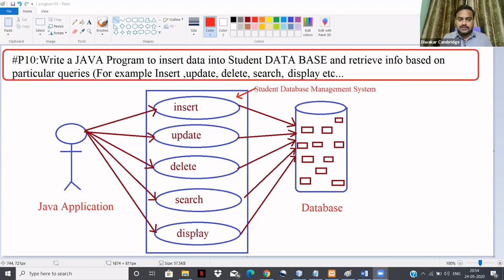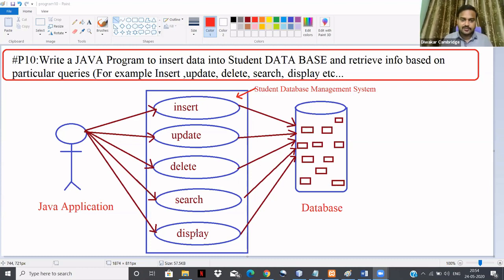Then you should know how to create queries for the database, like insert, delete, update, display, search.